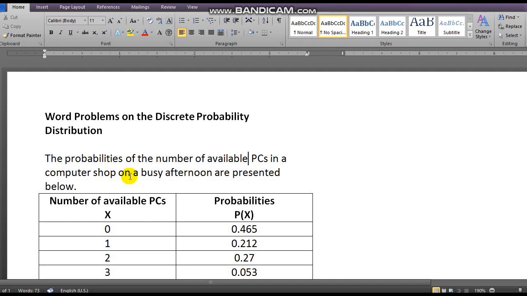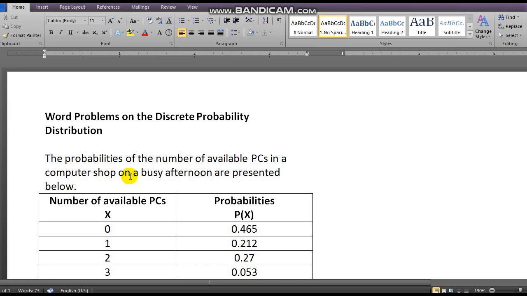Hey everyone, today we're going to discuss word problems on the discrete probability distribution. Let us recall that the discrete probability distribution lists all the possible probabilities of a given value of a random variable. We can also use the mean and the standard deviation to interpret the discrete probability distribution. The mean, or expected value, tells the value of a random variable that is expected to be obtained if the experiment is done repeatedly, while the standard deviation indicates how far, on the average, an observed value of a random variable x is from the